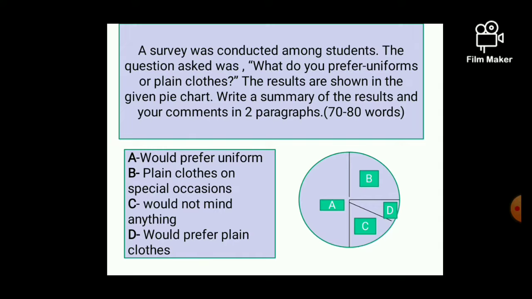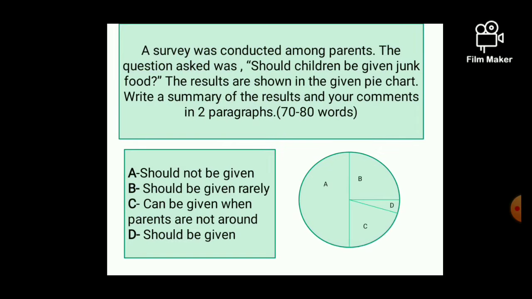In the second paragraph, you're going to start with the starting sentence, in my opinion, and then you can start. What do you prefer? Do you prefer plain clothes or do you prefer uniform? And then why? Give a reason why. See that your word limit is 70 to 80 words. Do not exceed. Maybe around 85, 90 words is acceptable, but please don't go beyond that, and don't write less than that either. Here's another one for you, and that's it. So you do these three, work on these three. I'm sure it is very easy. It's not difficult at all. I'll give you the answers, approximately what it should look like, in the next period. Thank you.